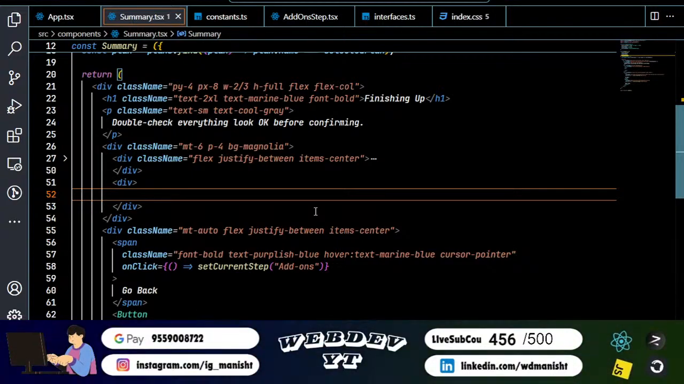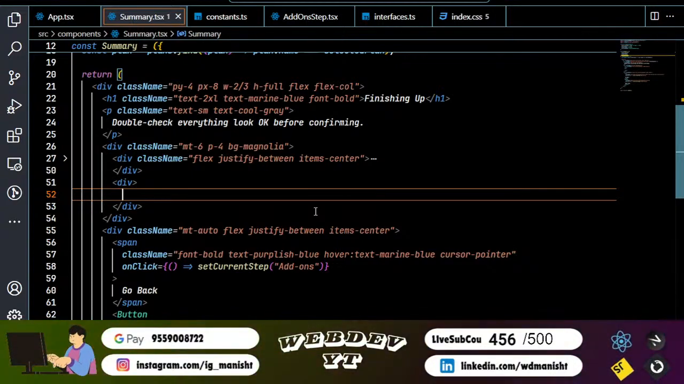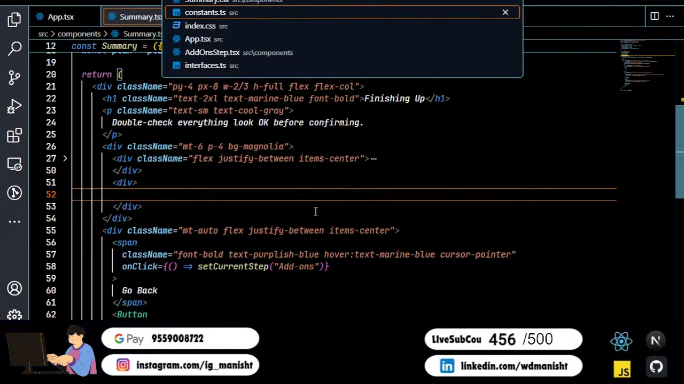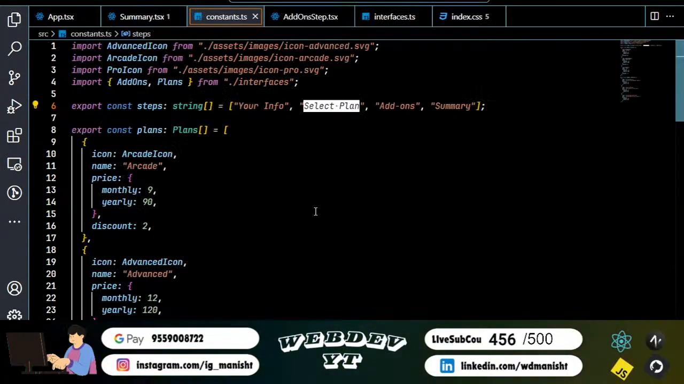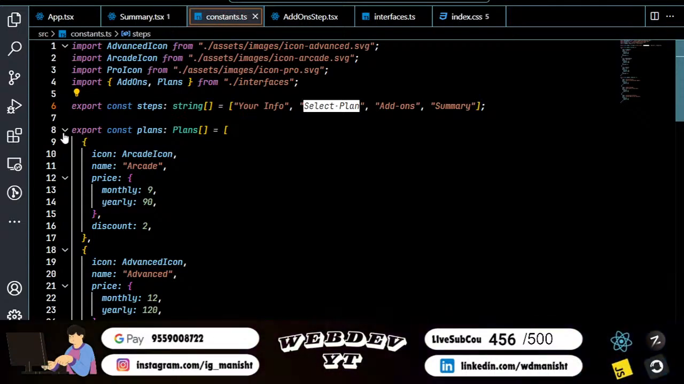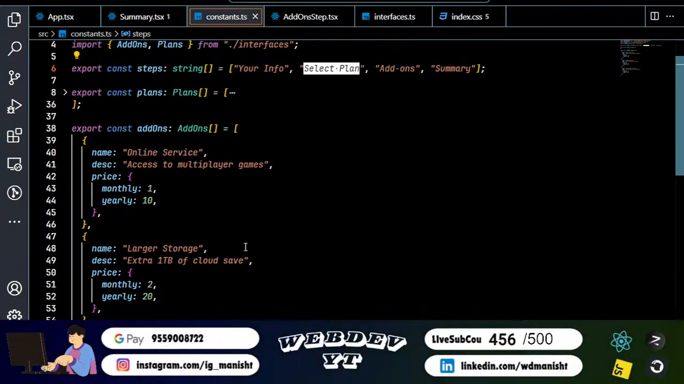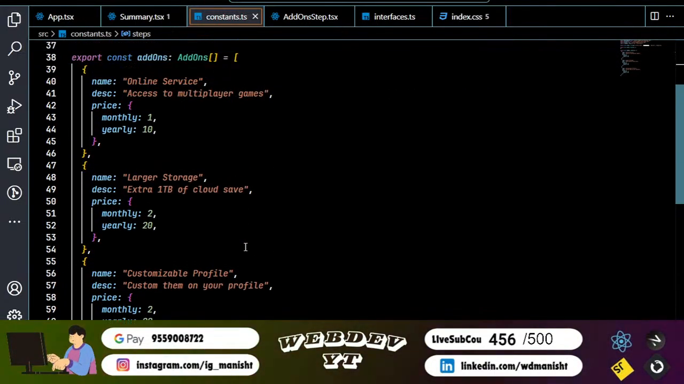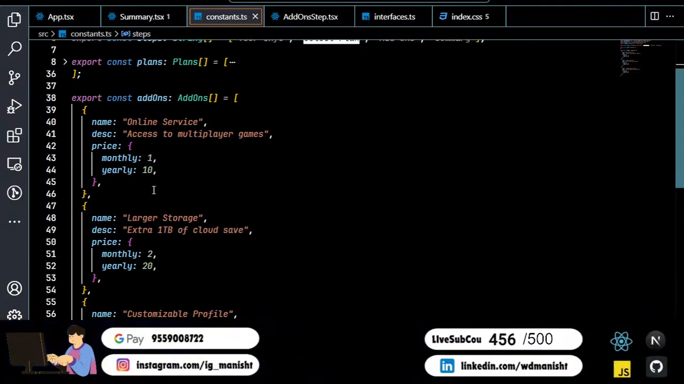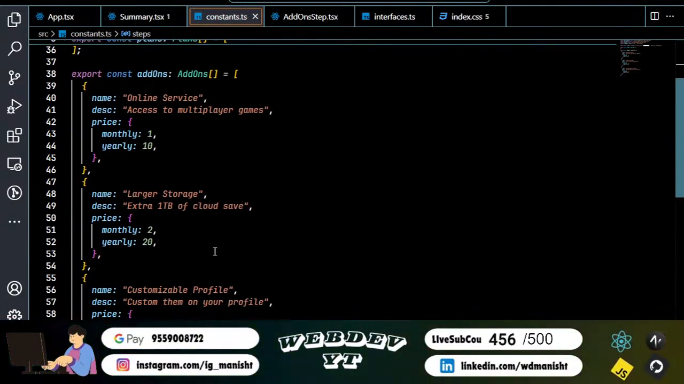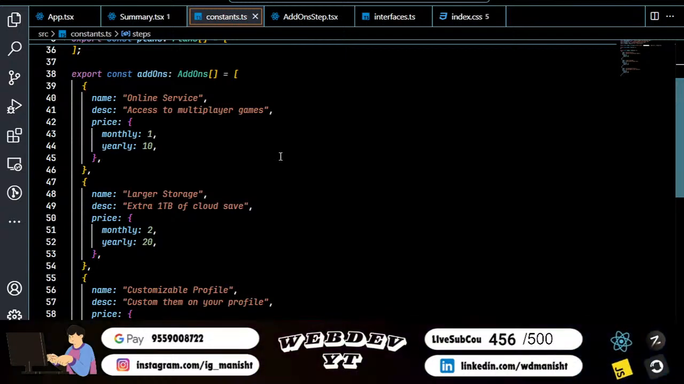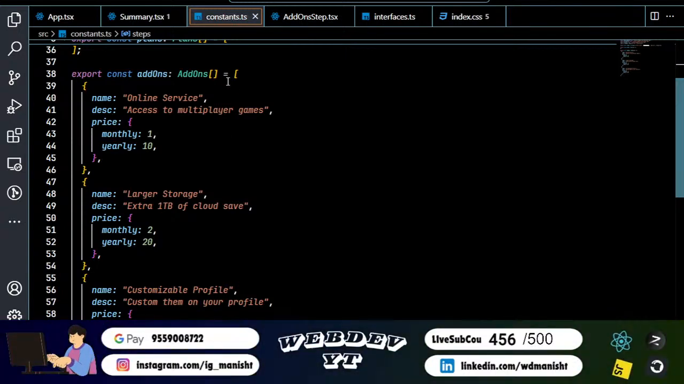But how will I know how many add-ons we need? If we go to the constant, okay, so let's say the plan section is done. Now you can see add-ons is also an array, but we don't know how many add-ons the user has selected. So we need to handle that test scenario also. So what we can do